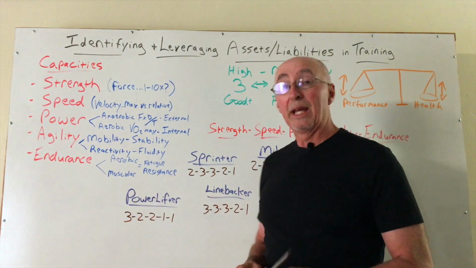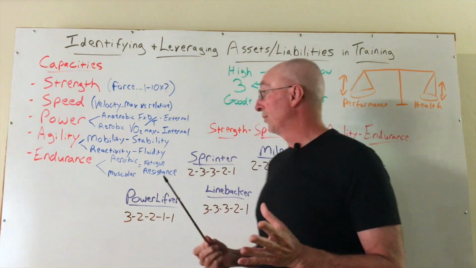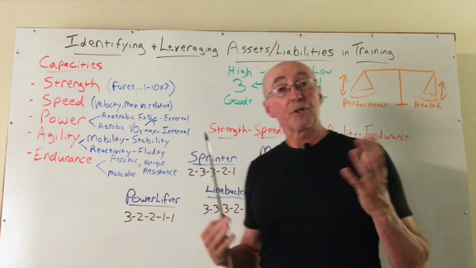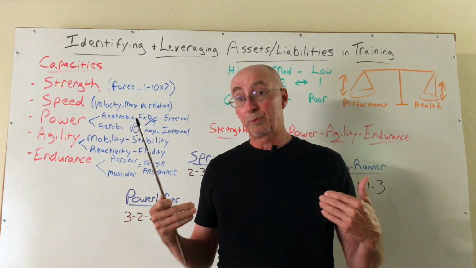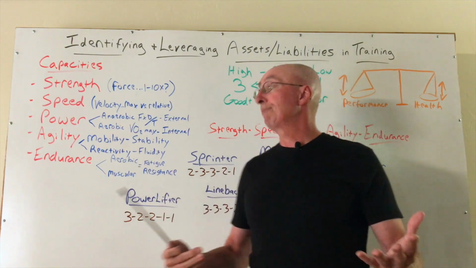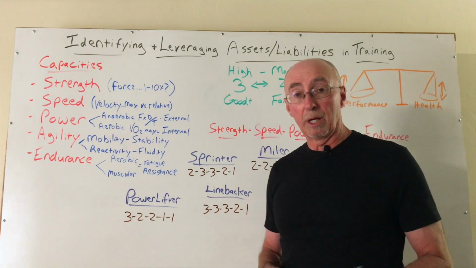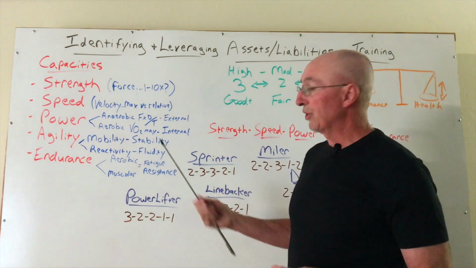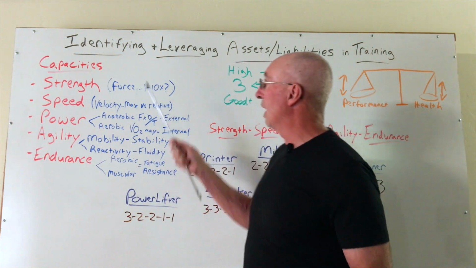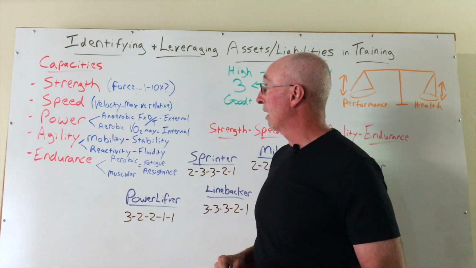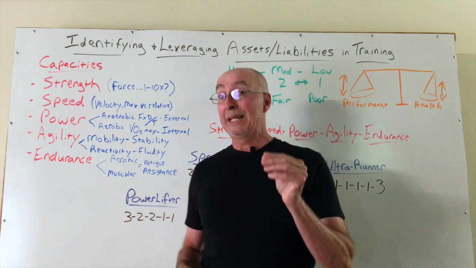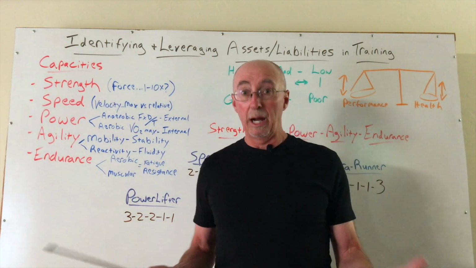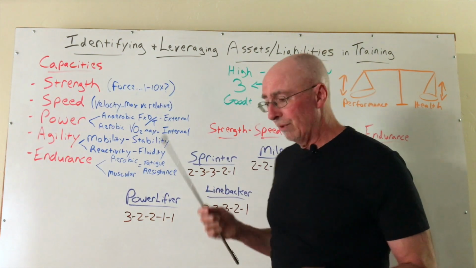Then we have endurance, and endurance can also be broken down into aerobic endurance, which really looks at the efficiency of our cardiorespiratory system to deliver oxygen, and then also muscular endurance, which allows us to express fatigue resistance. And so those are the 5 main capacities that we have in any human body, in any athletic beast, and that which we can emphasize in our training. Moving along,